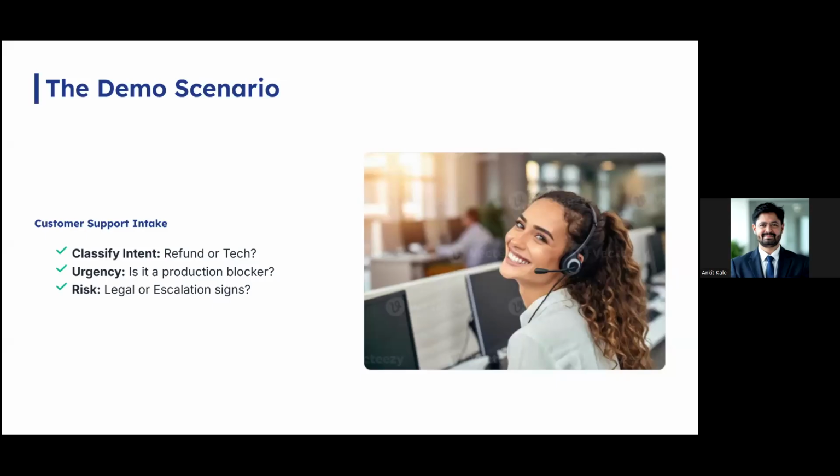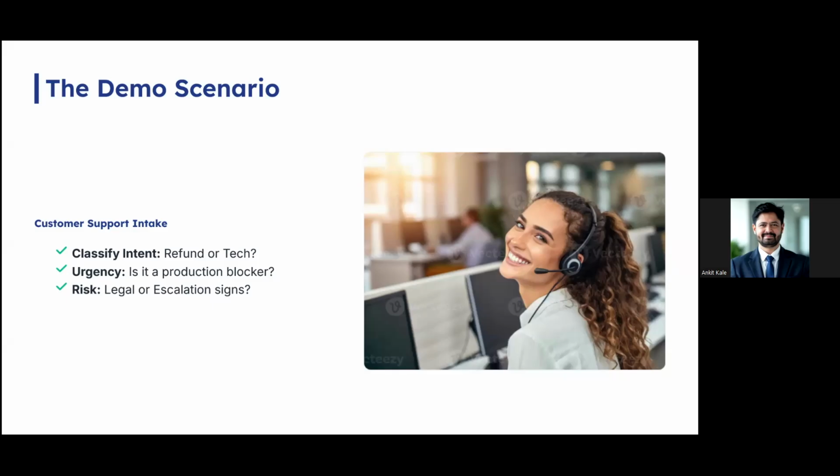These are the requests which come, and these requests can be complaints, technical issues, refund requests, or maybe some feature suggestions. They can be all kinds of stuff, and each of these requests needs intent classification, what kind of request it is. We also need to assess the urgency, how fast the ticket needs to be resolved.